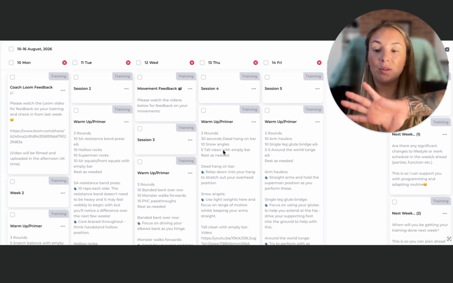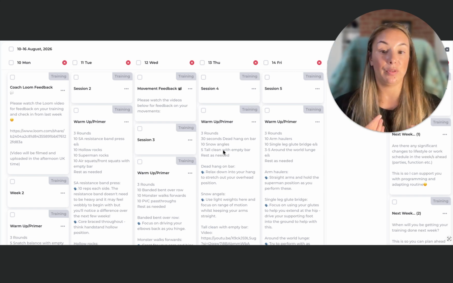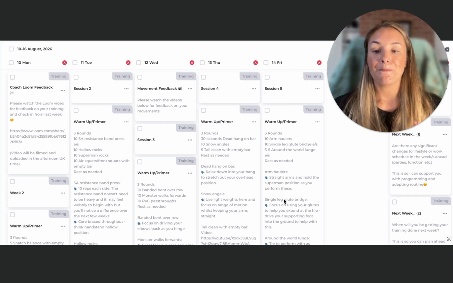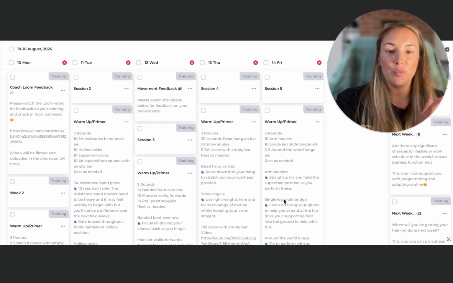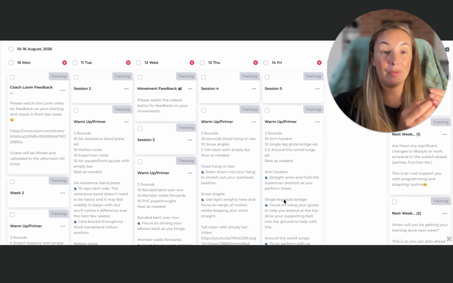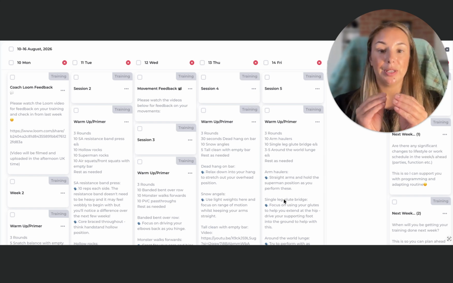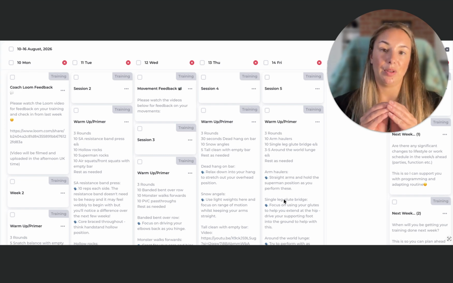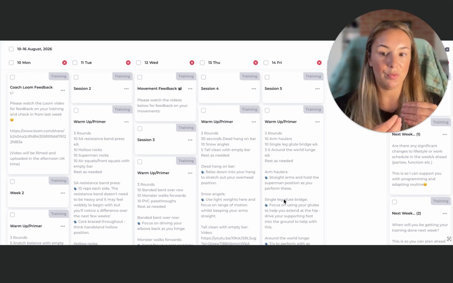So I try to include a big range of different movement patterns, as you can see here, throughout warm-ups, so that not only do we see the full movement patterns, whatever we're working on, I don't know, squats, jerks, bar muscle ups, whatever they're working on, we see it broken down into a much more specific area when we're looking at some of these warm-up movements. And then from there, we know what we need to continue working on.